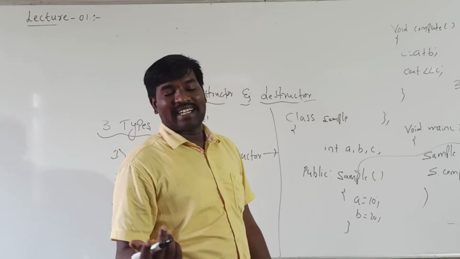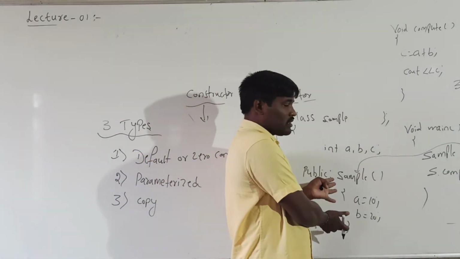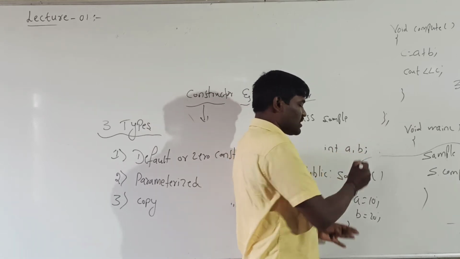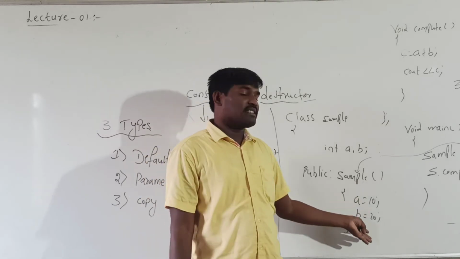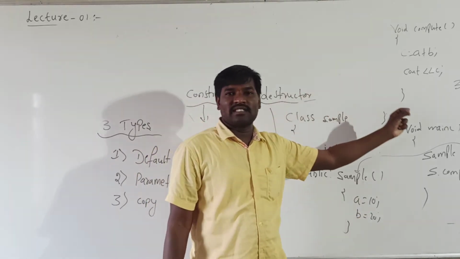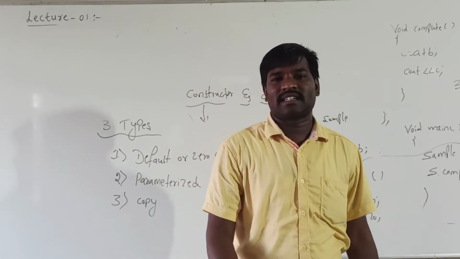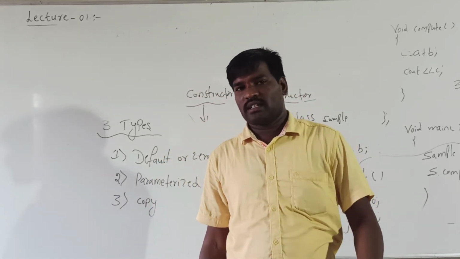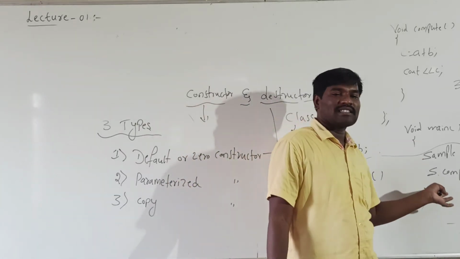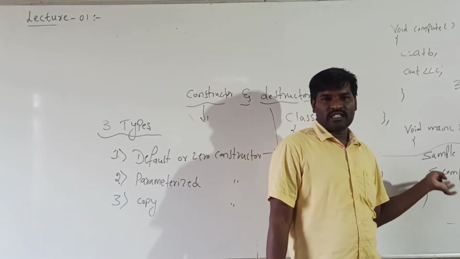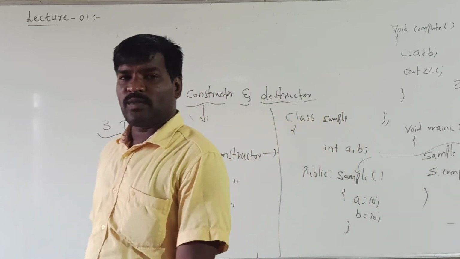Suppose if you want to write largest of two numbers. Again this is the same, but here C is not required in the largest of two numbers. So you can assign any value. Instead of writing C is equal to A plus B, you just have to mention if A is greater than B, cout A is large, else cout B is large. Again this part is the same. So this is completely about the default constructor.